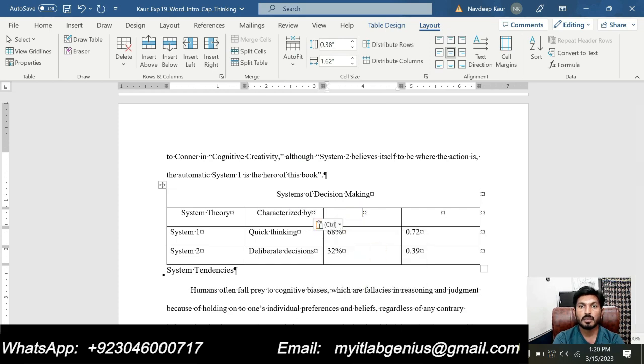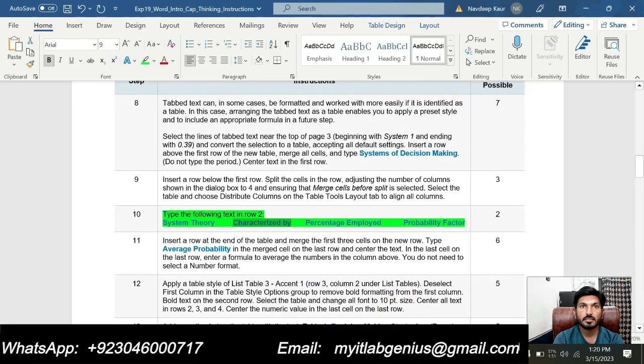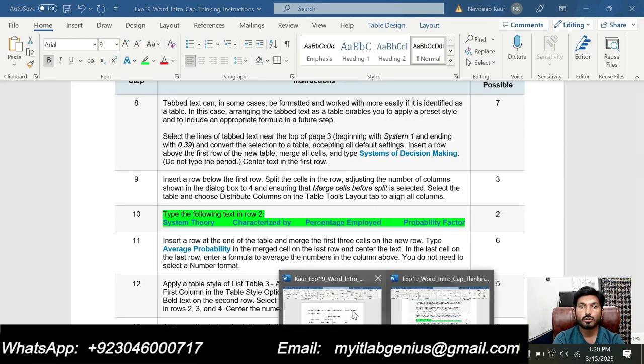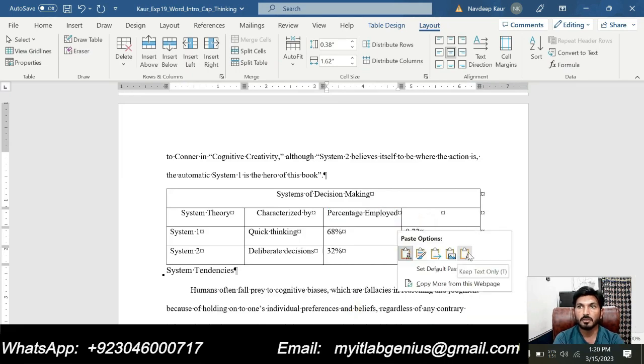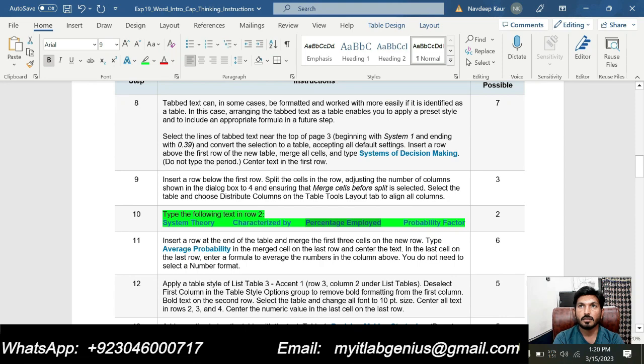Now we will type the third one in this one. Copy this and paste in cell 3 of the row 2. So we will go to cell 3. This is cell 3 and we will type this here. Next is probability factor, this one, in cell 4 of row 2.